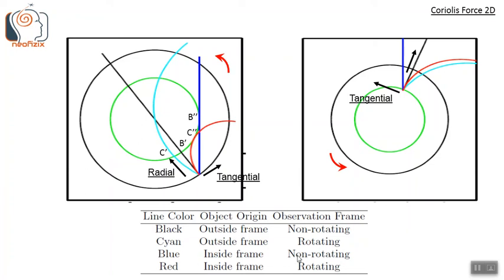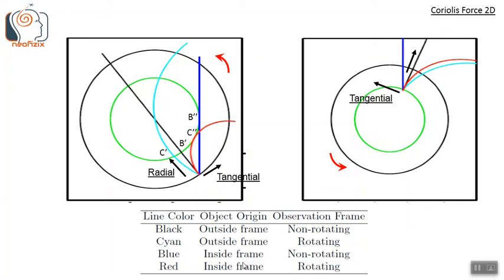So when we try to observe this blue trajectory from the rotating frame, then we see the red trajectory. The red trajectories are like the trajectory of cannonballs being fired from within the rotating frame and also being observed by the rotating frame. So the blue was being fired from within the rotating frame but being observed from an external inertial frame, while the red are also being fired from within the rotating frame like blue, but they are being observed from within the rotating frame itself, not an external inertial frame like the blue trajectories.